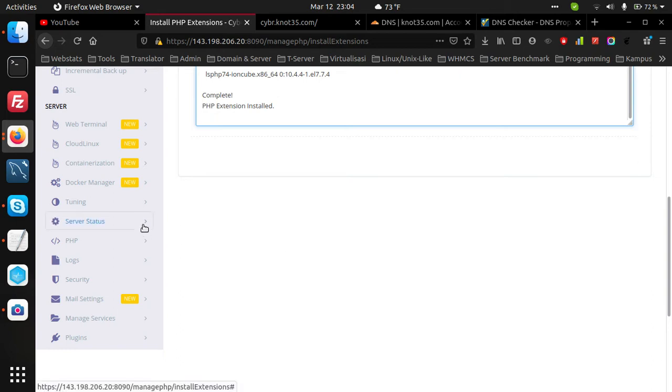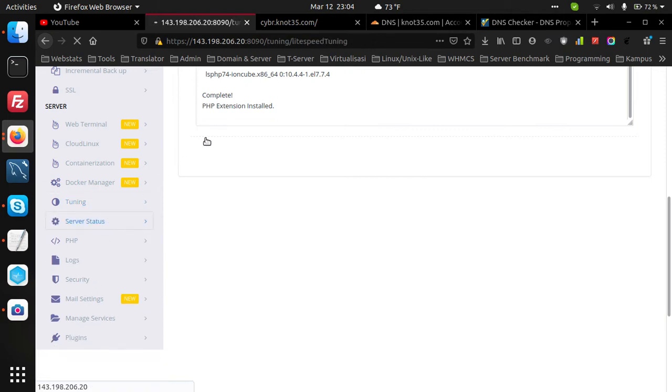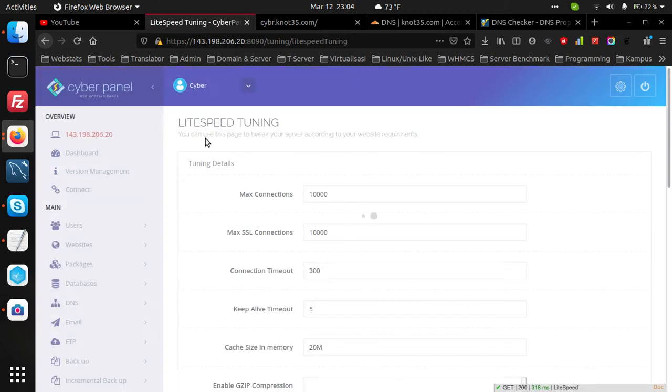Okay, we can check the tuning. You can do some tuning on your server, like this, the tuning.